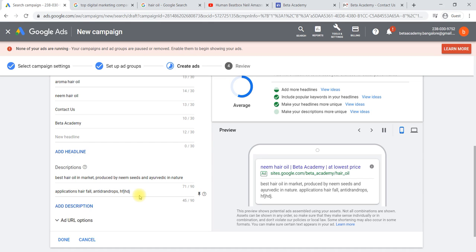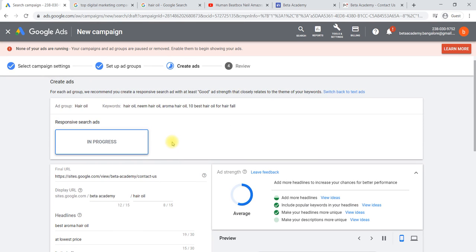If someone is searching for neem hair oil, your ad heading will change to neem hair oil. If someone is searching for best hair oil, your ad heading will change again, based on your keyword match.